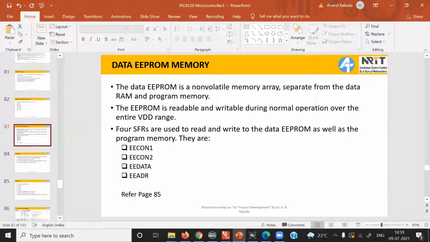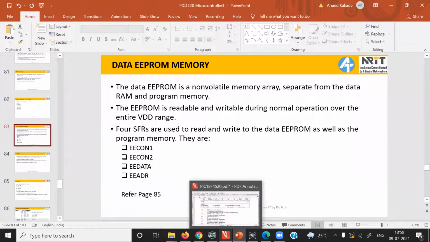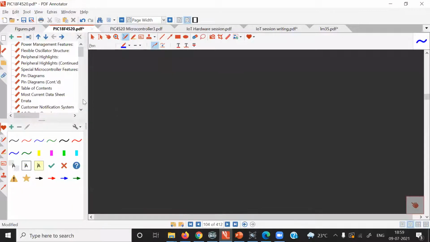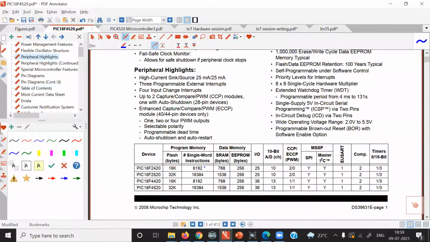So there is on-chip EEPROM memory available. Limited bytes are there. Let me show you how many bytes are available. 256 bytes are available.